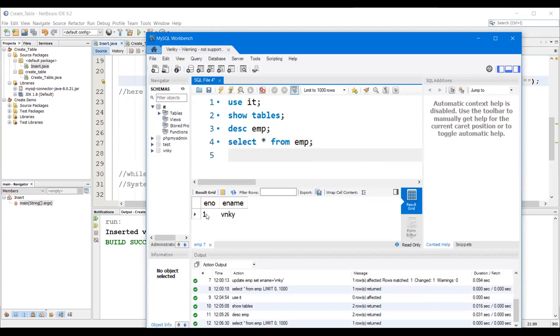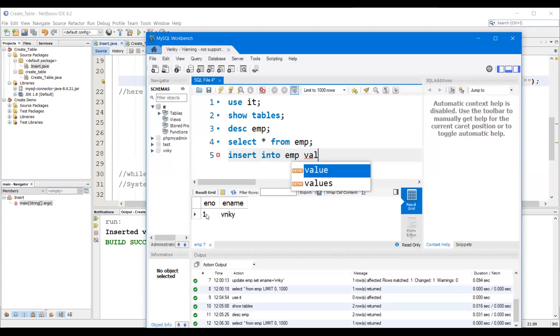Now if you want to insert one more row into our database, I'm going to tell you how we interact with the database normally. When you know these commands, then by using them we are going to do the same in Java. If you want to insert a row into the database, we have to use the INSERT command: insert into table name. What is the table name? EMP.